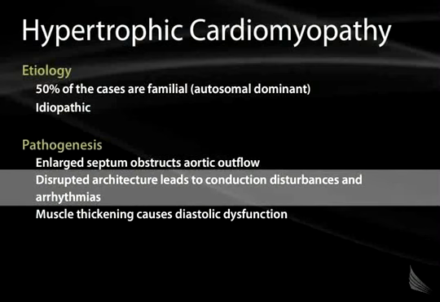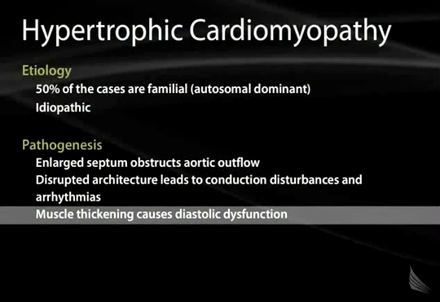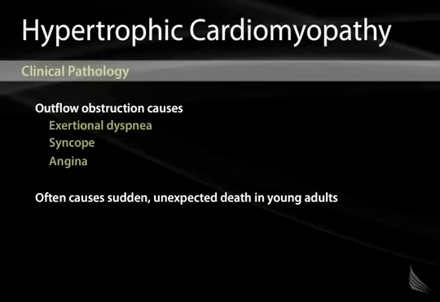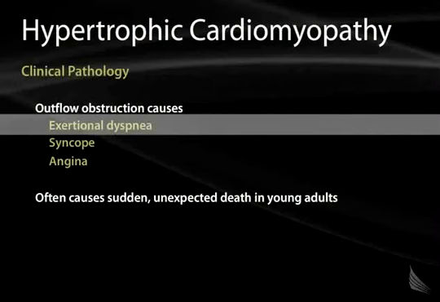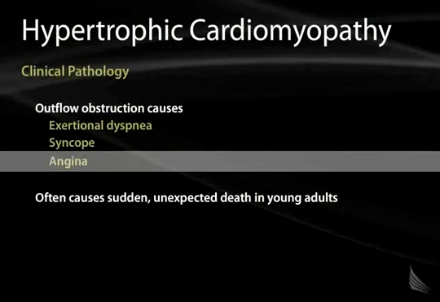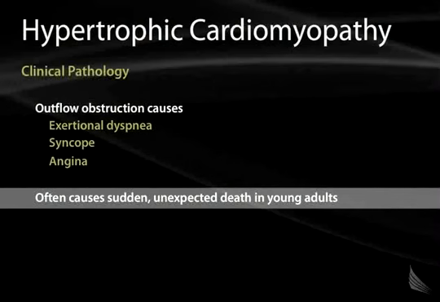This disrupted architecture can lead to conduction disturbances and arrhythmias. These patients are at higher risk for sudden cardiac death due to ventricular arrhythmias. The muscle thickening also causes diastolic dysfunction and ultimately can lead to heart failure. Clinical pathology: the obstruction to outflow causes exertional dyspnea or syncope or angina, and can often cause sudden unexpected death